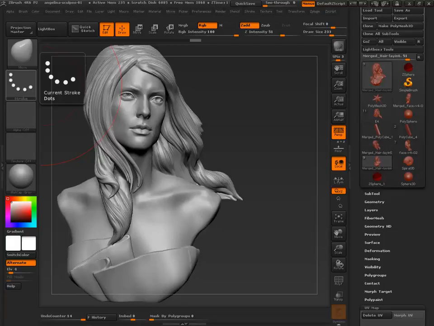Alright, so now in your projects, there is a live demonstration of, I think, exporting your maps to Maya, your displacement maps to Maya. So that one is there, and I can go over that real quickly.